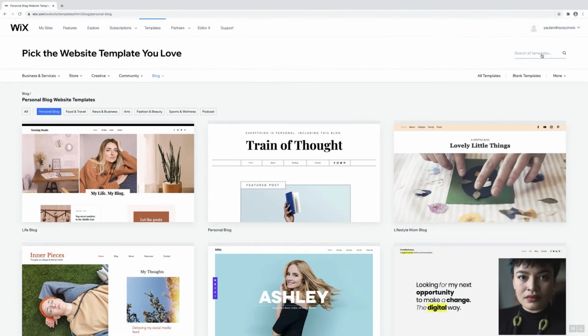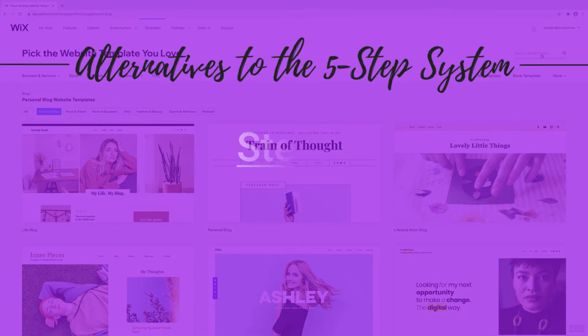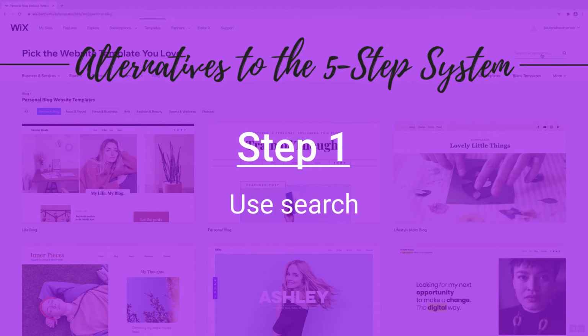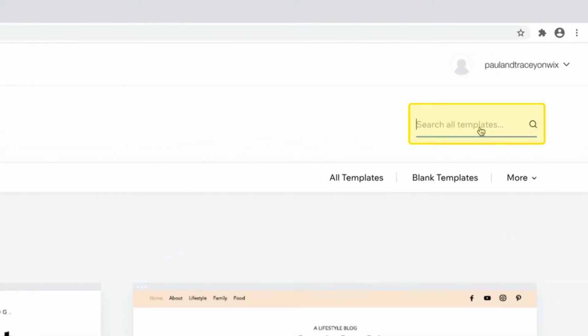There are a few alternatives to the 5-step system that I've just shared with you, and the first one is you can search for something specific, regardless of category, using the search box in the top right-hand corner.